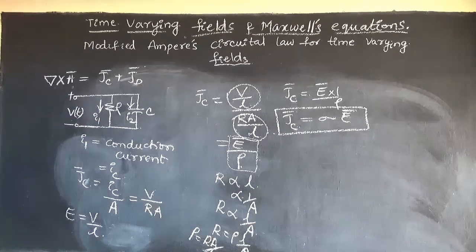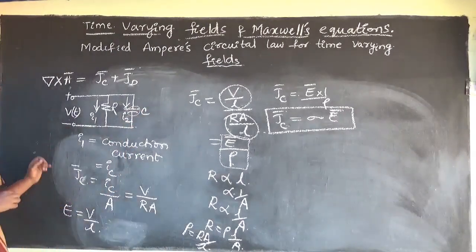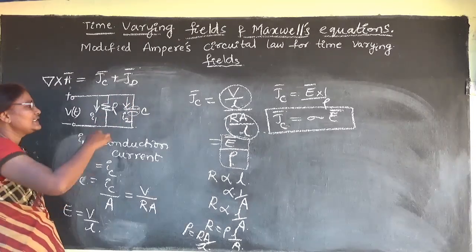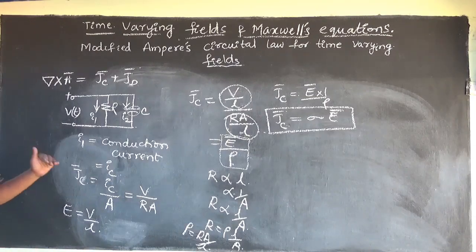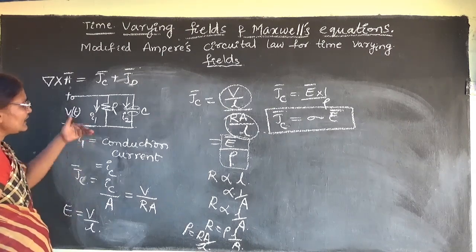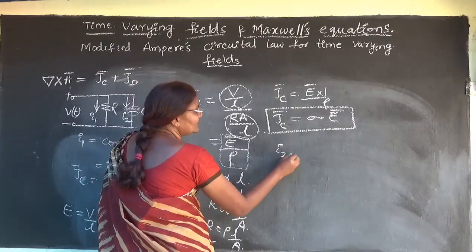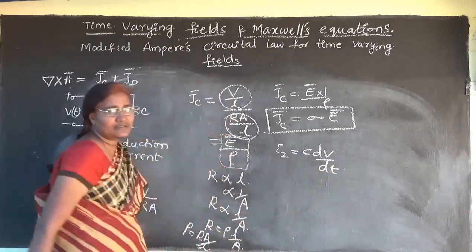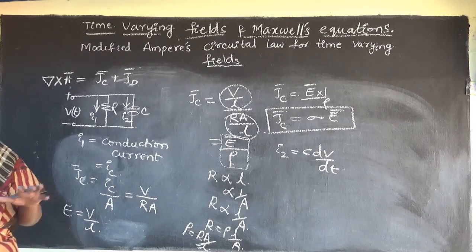displacement current density. So initially the charge on the plates is going to be 0. Initially, while the current is flowing through this capacitor, the initial charge is going to be 0. So what is the current through a capacitor? The current through a capacitor I2 is equal to C dV by dt. This is the formula, you know that. Current through a capacitor is C dV by dt.